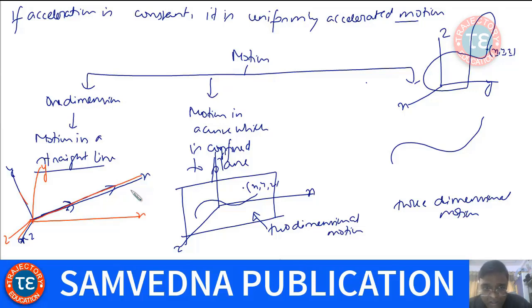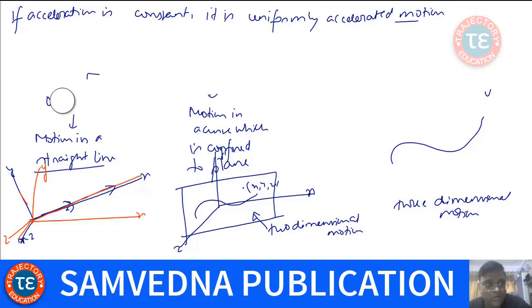So if a body is moving in a curve and that curve is confined to a plane, there is always a possibility of choosing a coordinate system such that while the body moves on that curve, only two coordinates change, and in that case we say it is two-dimensional motion. While you see this case, while the body moves in this curve, I cannot take a coordinate system where only one or two coordinates change with time. In every case, all the three coordinates are changing with time. It's not a curve confined to a plane, so it's a three-dimensional motion. Okay, that's something which we will be requiring quite often.